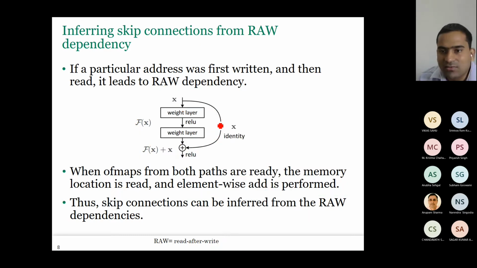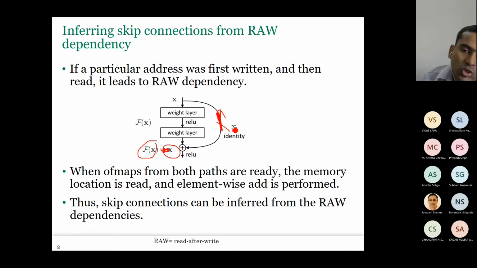Okay, let us take the other side. Suppose there is no skip connection. Suppose it's all just linear connection. Then what happens? You don't have to store fx anywhere. As soon as it is computed, you use it, right? Because every layer has just whatever value we produce, we immediately use it. But when you have this skip connection, then you need both fx and x.